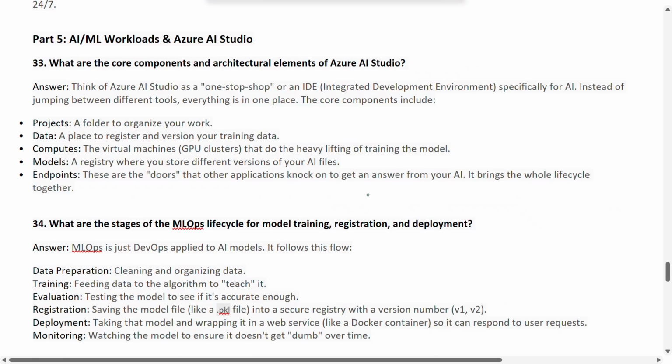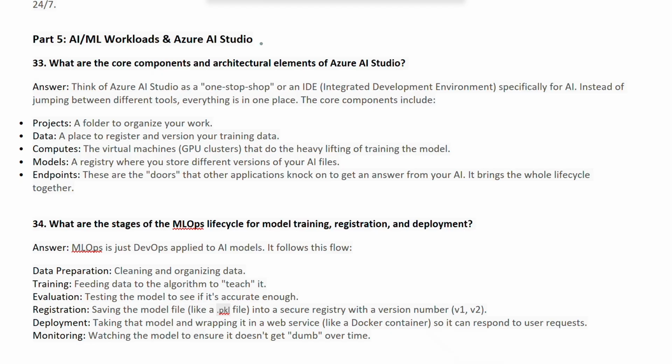And moving to another category of questions, which is AI and ML workloads, especially Azure AI Studio. The first question was, what are the core components and architectural elements of Azure AI Studio? For better understanding, think of Azure AI Studio as a one-stop shop, or an IDE, that means integrated development environment, specifically for AI.